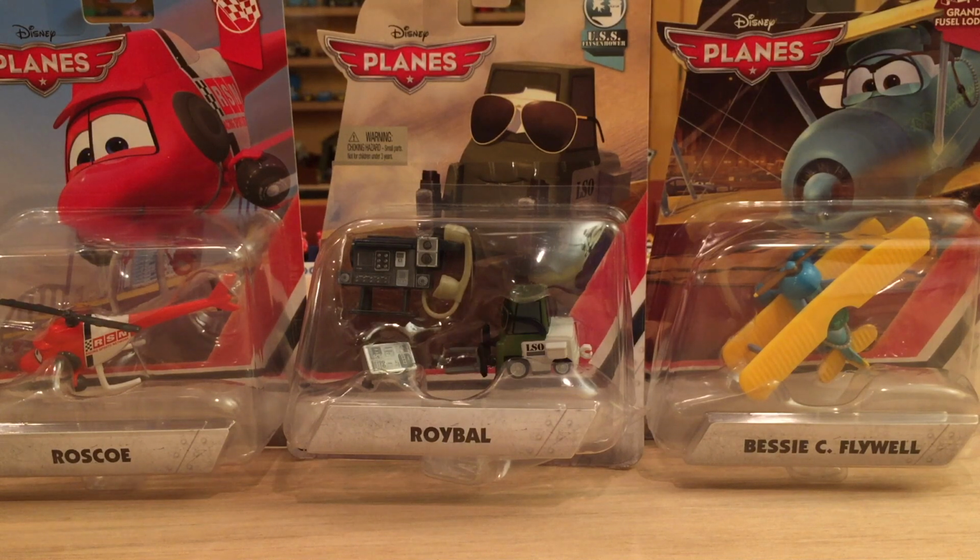description below. Now, despite this drought in the line, there are actually quite a few new planes on eBay from Chinese sellers, such as Nick Lupin Lopez, Elizabeth the Seaplane, and Wayne Nanza. So hopefully, within the next few weeks, these planes will start being released, and the Planes line will be back